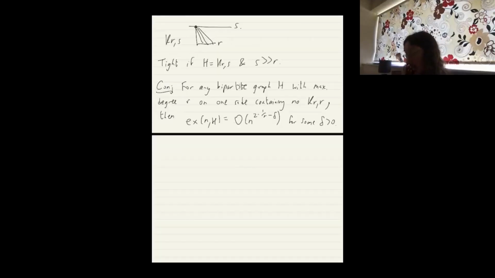So why believe this conjecture? Originally the conjecture came from thinking about the fact that lower bound constructions tend to be algebraic, and algebraic constructions tend to be pseudorandom. It seemed to us that if you had such pseudorandom graphs and you didn't contain a K_{r,r}, then you should get a power saving. I'll say a little more about this as I go along. One substantive reason for believing this is that it's true when r is 2. There's a result of myself and Junkyung Lee, which says that for any bipartite H with max degree 2